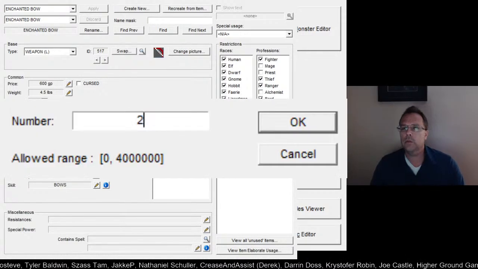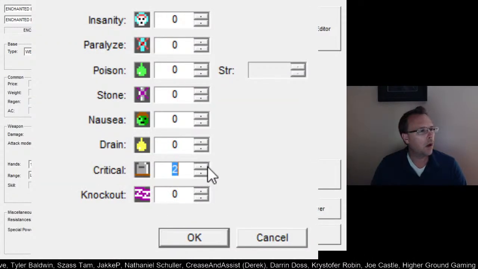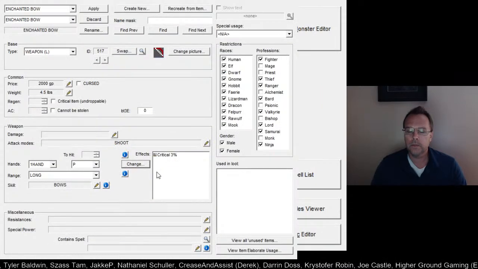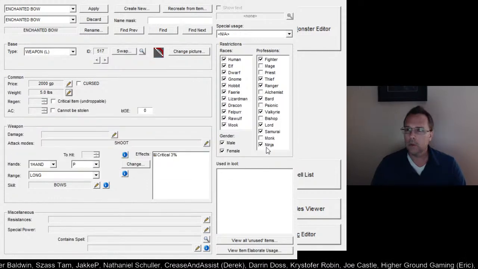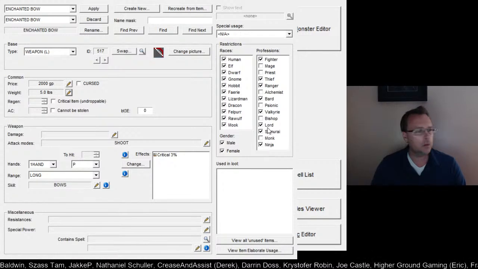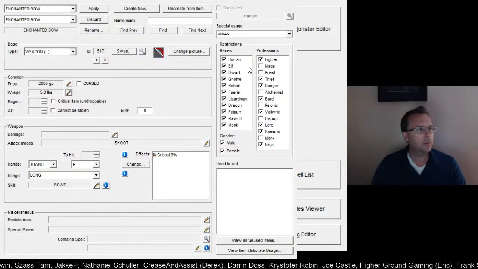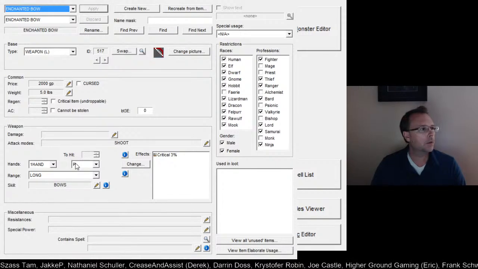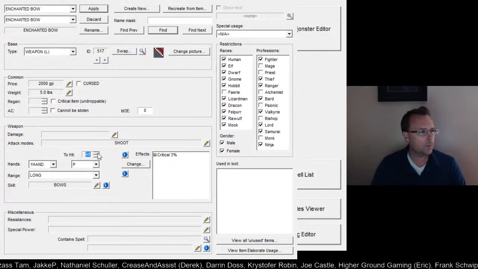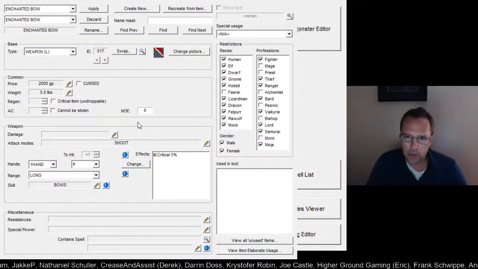So this is 2000. We're going to bump the critical by 2. Weight is 5. Ninja. Yep, all that looks correct. Fairy cannot use this. Hit +1. Okay, that looks good. The other difference in Wizardry 6, you cannot do damage like on the bow